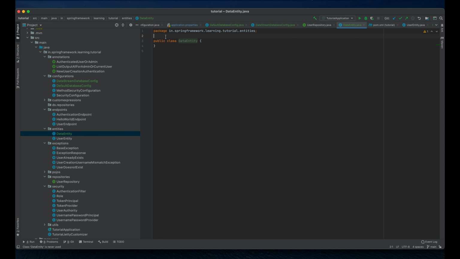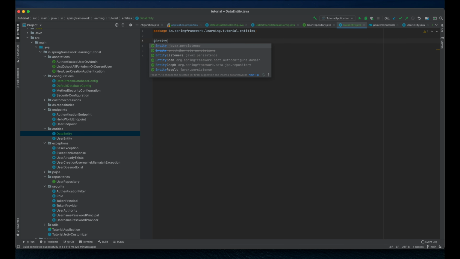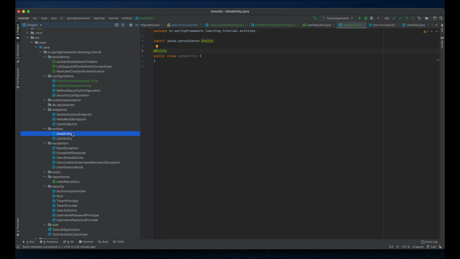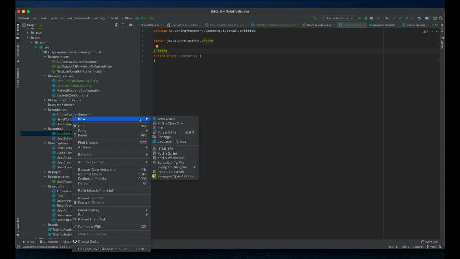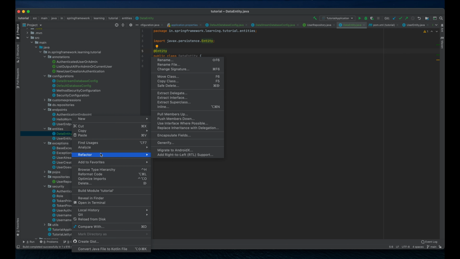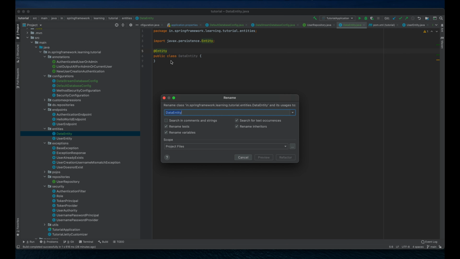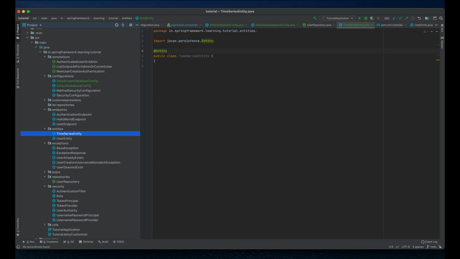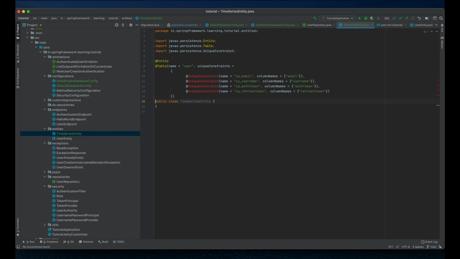Let's call it entity. So I'll rename it to time series data entity, time series entity. So let's do refactor, rename, and we change it to time series entity. Then we take all this, let's call the table name as time series,